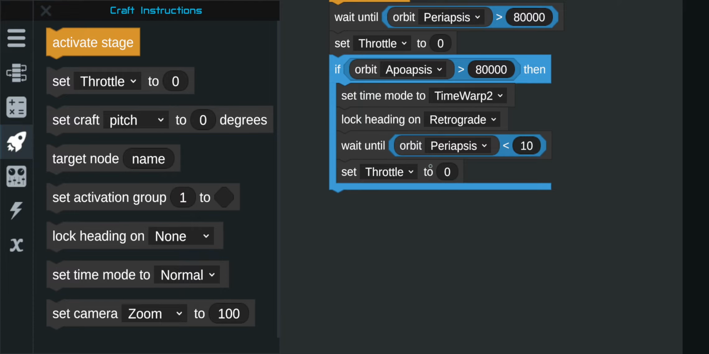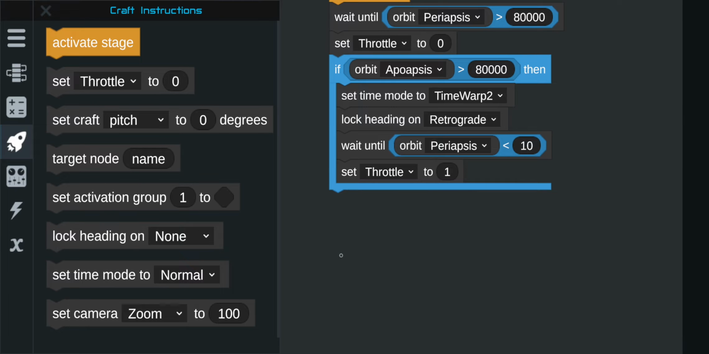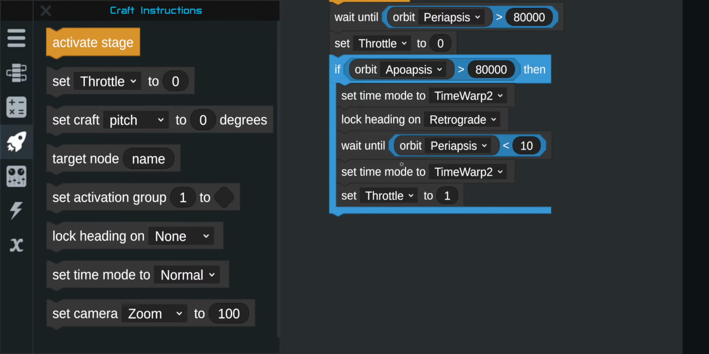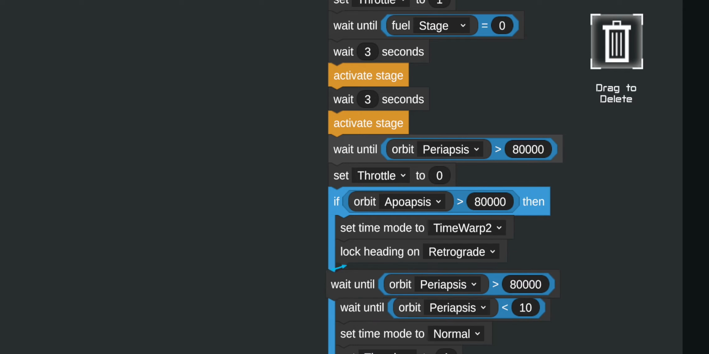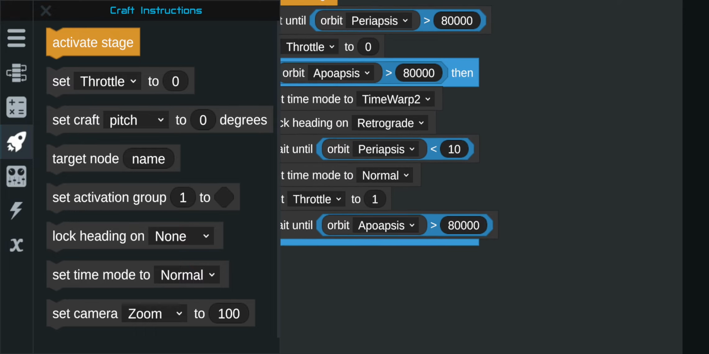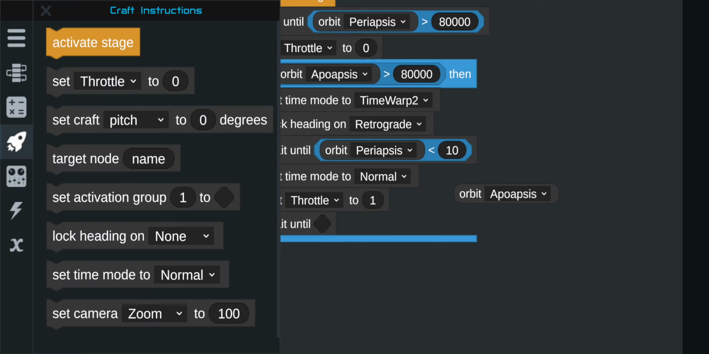Then we're going to set throttle to 1. Actually, set time warp to normal again. Set throttle to 1 and then wait until, set that throttle, move that up. Wait until apoapsis, it actually wants to be equal or less than